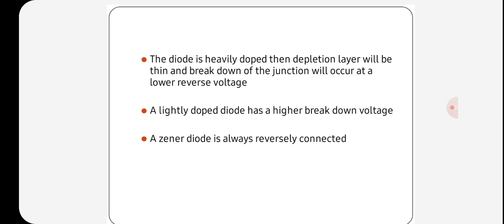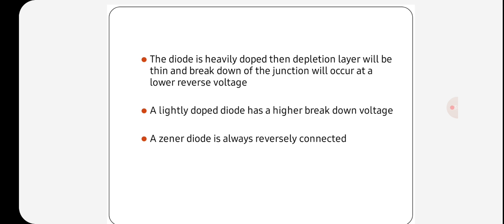So the applications of Zener diodes. Zener diodes are normal PN junction diodes operating in a reverse biased condition. So working of the Zener diode is similar to a PN junction diode in forward biased condition, but the uniqueness lies in the fact that it can also conduct when it is connected in reverse bias above its threshold or breakdown voltage.